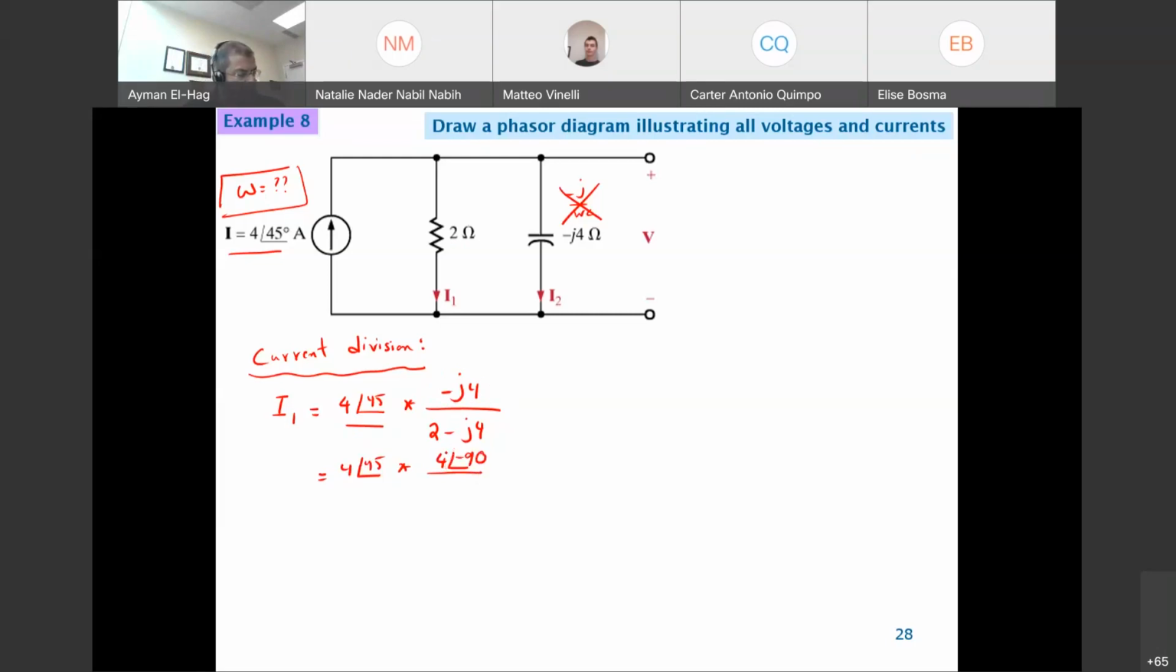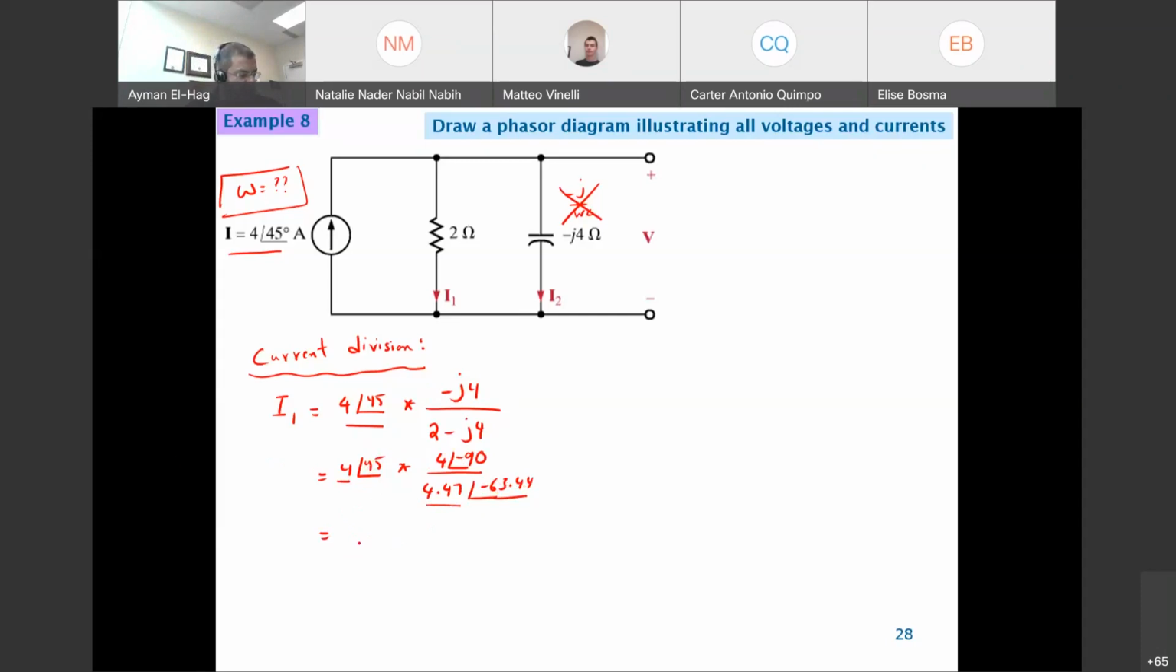And 2 minus J4 is nothing but 4.47, and the angle will be minus 63.44. As I said, 2 digits after the decimal is more than enough. Even 1 digit will be sufficient. So here we multiply the 4 times the 4, then divide by 4.47, and then I will do addition or subtraction. So this is 45 plus minus 90 minus 63.44, and when we do this, you will find that